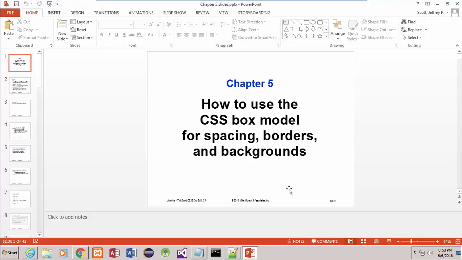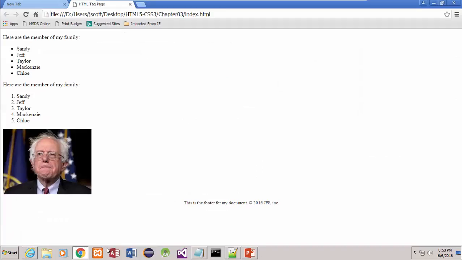We are in Chapter 5 right now, talking about how to use the CSS box model for spacing and for backgrounds. And I think I probably showed you this earlier, but in case I did not,